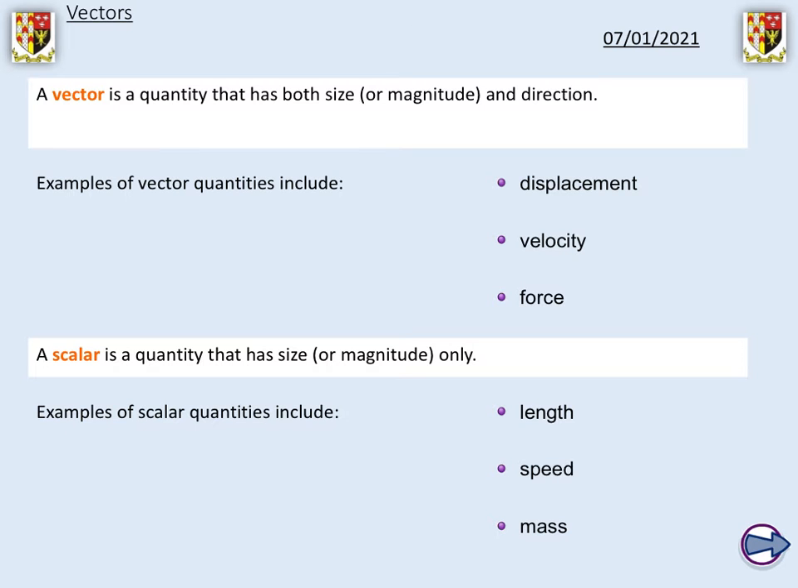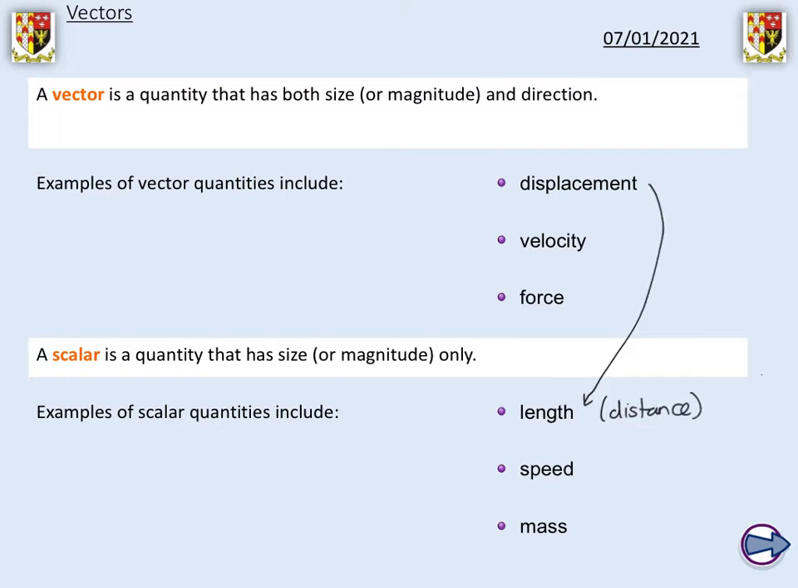So we talked at the very beginning of this chapter about what a vector is. Some examples of the vectors that we could use are displacement, velocity and force. And examples of scalar quantities are length, speed and mass. What you might think to yourself is that some of these are related. For example, displacement is related to distance,